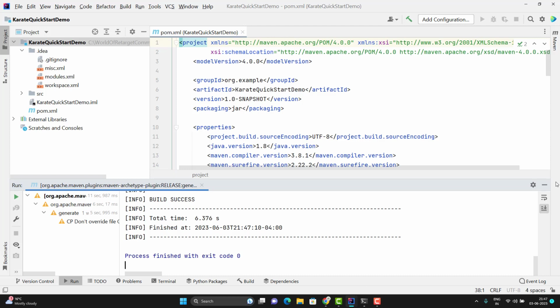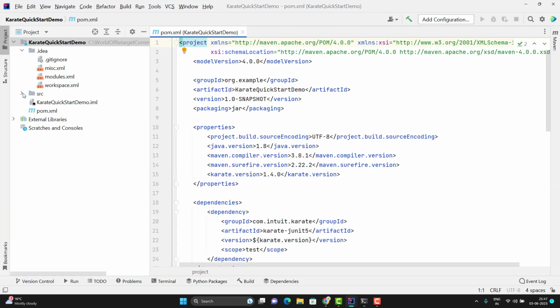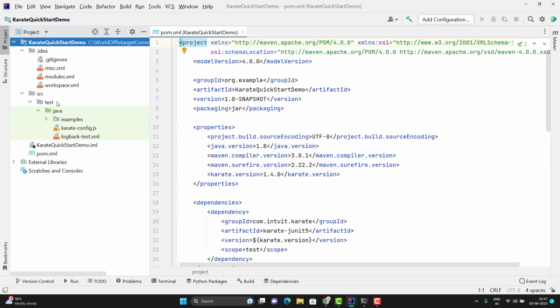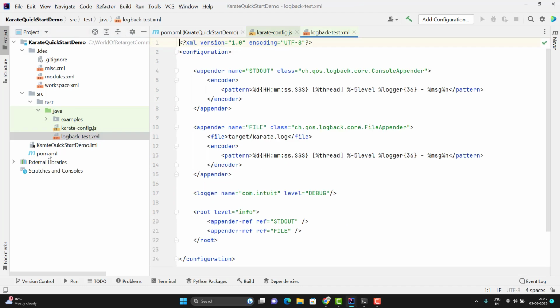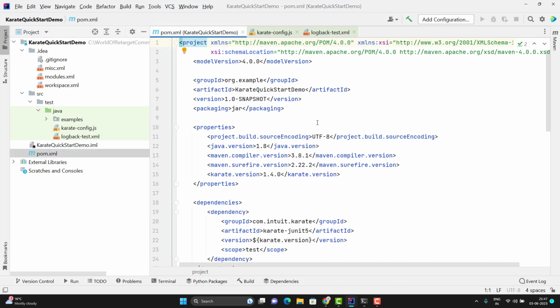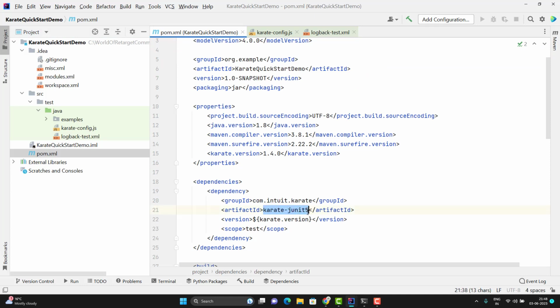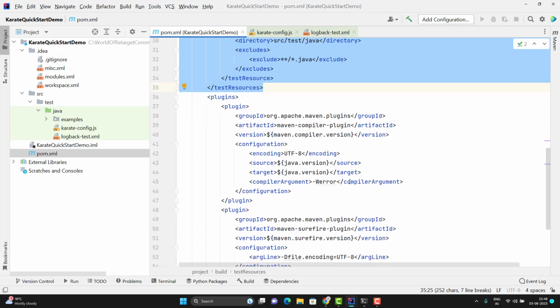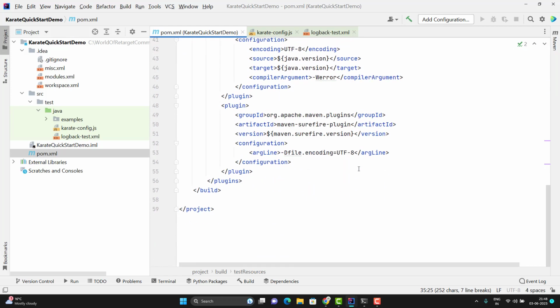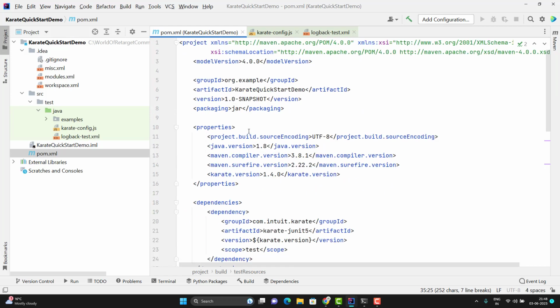After that you can see we have one src folder, under the project name we have given. Inside this src, we have src/test/java. Here we have karate-config.js, and this is the logger configuration. Let's go to pom.xml first. Here you can see that it has added the Karate Unit 5 dependency, and whatever changes we did in the build section earlier, because we are keeping the feature files in the src/test/java folder. That's why we need to keep this configuration. This is automatically coming here, and they have added the compiler plugin and the surefire plugin as well. They have a well configured pom.xml.